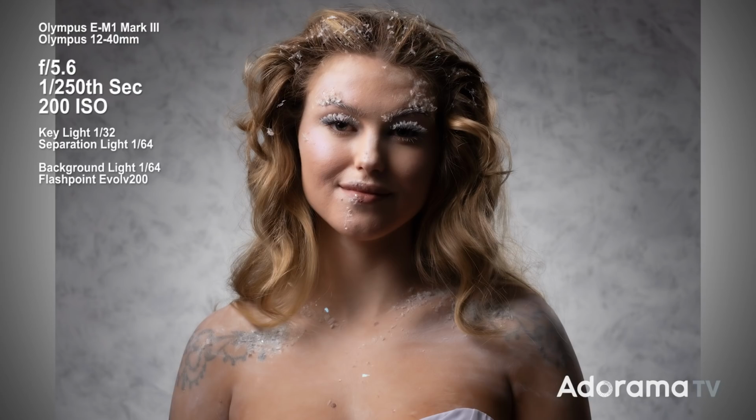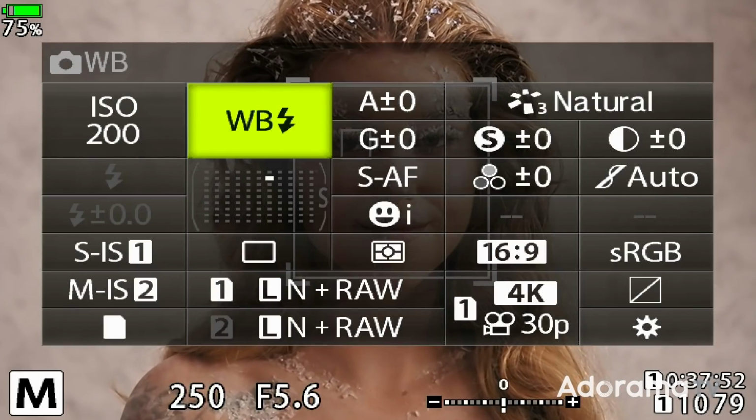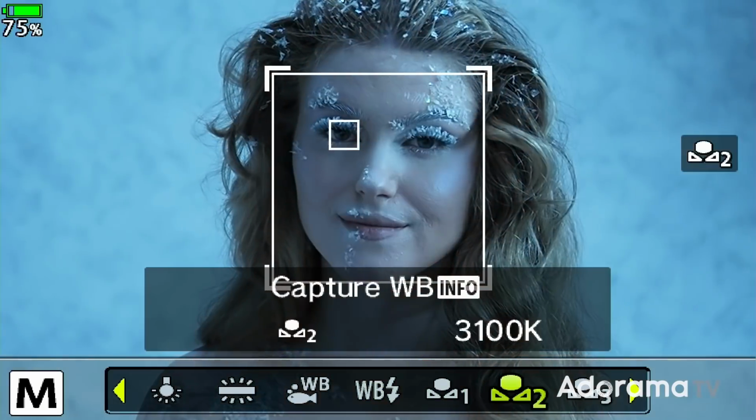But now we've got to sort out the colour, because at the moment it all feels kind of normal, and I want this to feel cold. So at the moment I'm in the standard flash white balance, normally where I would be for this sort of shoot. I'm going to set a custom white balance of